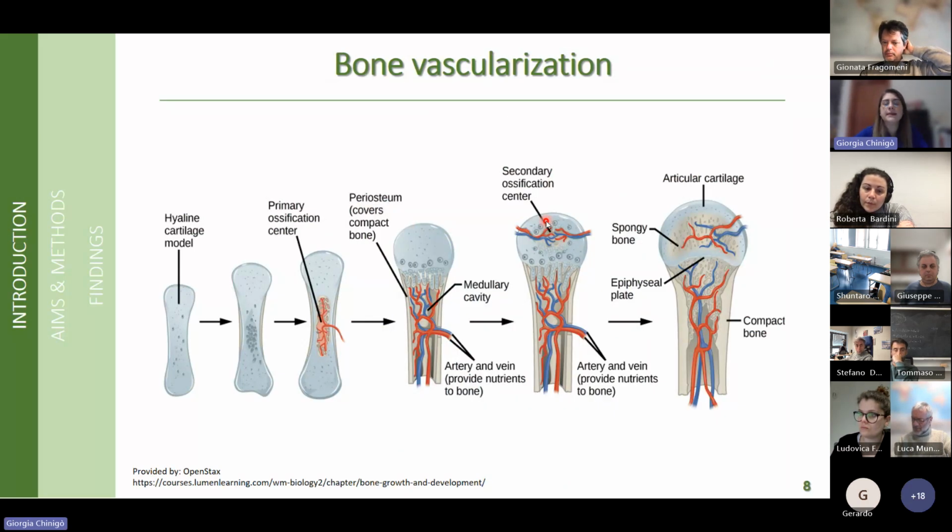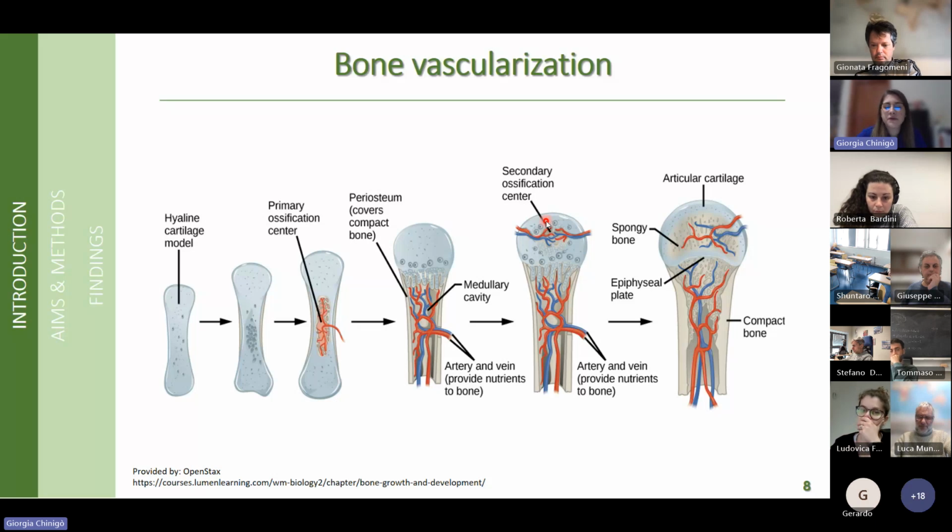Bone is indeed a highly vascularized tissue. And in this case, endothelial cells, the vessels, are not only necessary to provide oxygen and nutrients, but also to support and sustain bone development and maintenance. Indeed, during bone development, as well as during bone regeneration after a fracture,